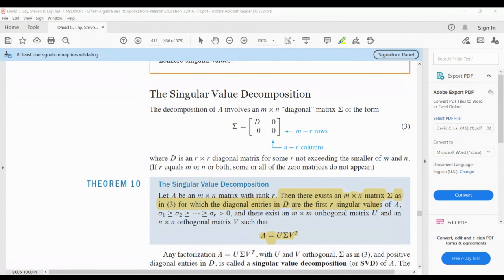And the matrices U and V are orthogonal. Okay, the matrices U and V are orthogonal. So V transpose is the same as V inverse. So when they said,